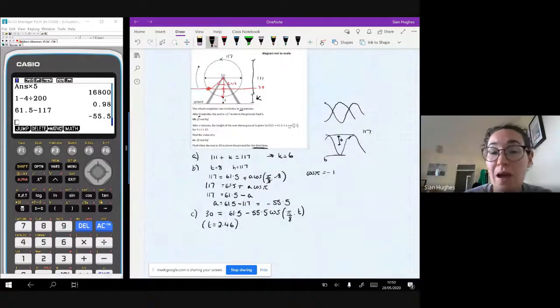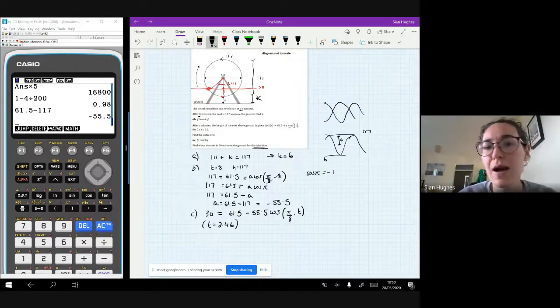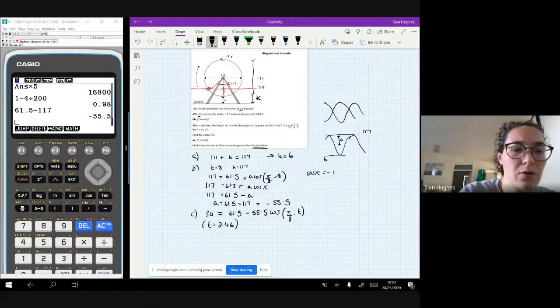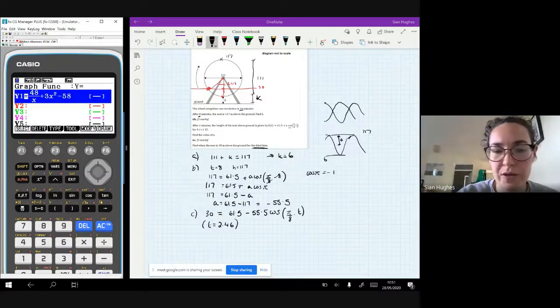And you can do it that way, but a much better way to do this is just to draw the graph of our function. And then we can see what's happening, and we don't have to think, do I need to add 16 or minus it, or what other things do I need to do? So let's do that. Let's go to graph. So we want to type in our function